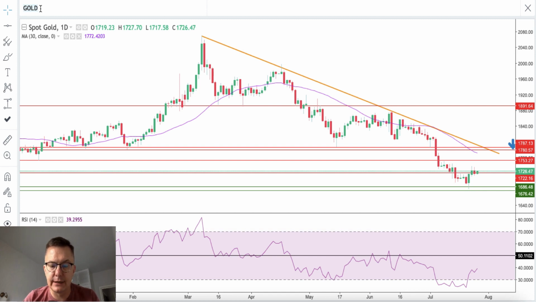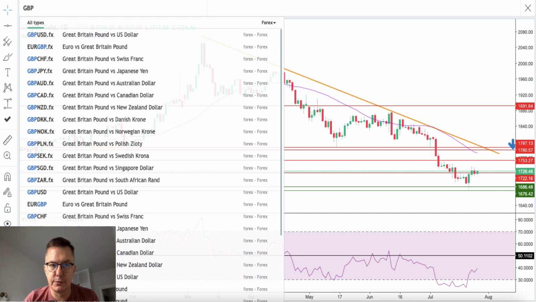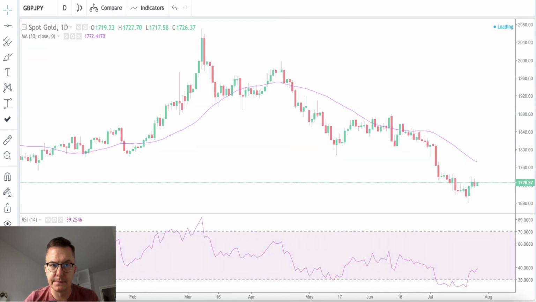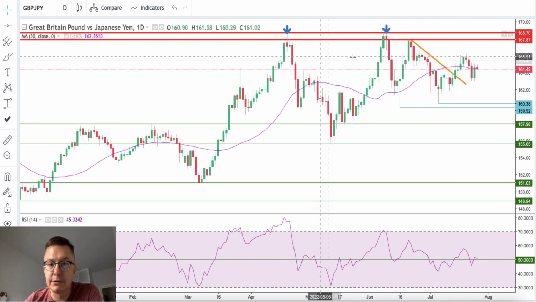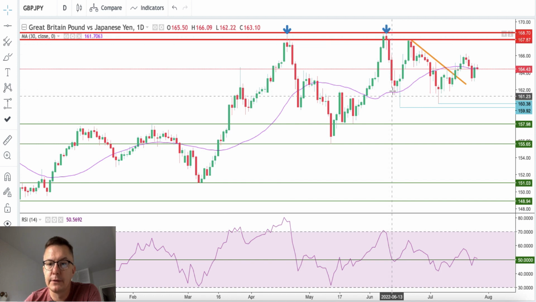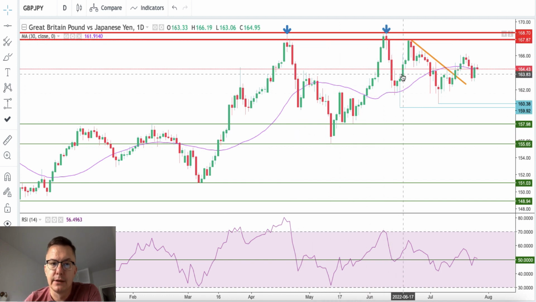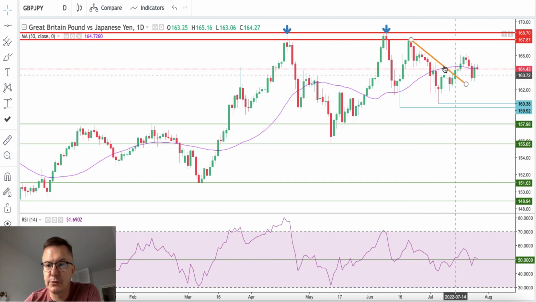Let's take a look at the British pound to the Japanese yen. What is going on here? As you can see, we still have the double top potential here, as we mentioned last time. The market is going up and down the 30-day moving average. Recently we made a low, of course,